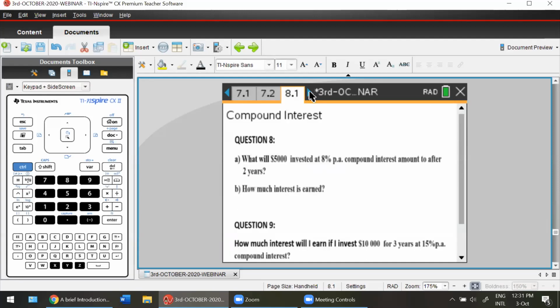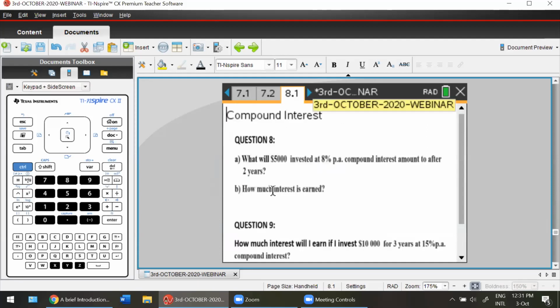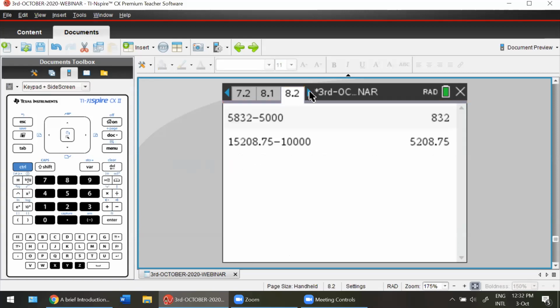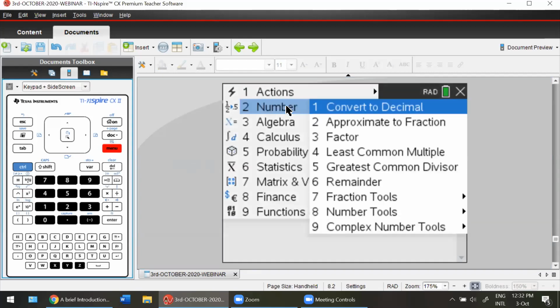All right. You know that your PV, that is your present value, or your principal value, is 5,000. 8% is your interest rate, and 2 years is the N, or the number of years, or the time. So what you can do now is go to a calculator, new page, and go to menu, number.